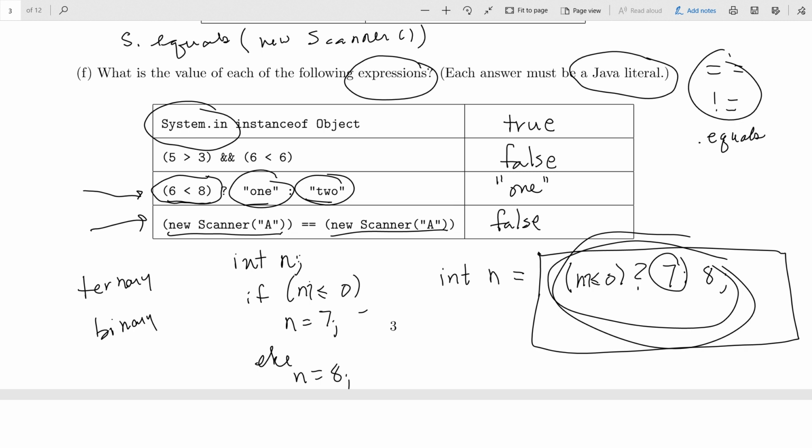The second parameter, the parameter to dot equals, can be any object whatsoever. So you say some object dot equals, and you can pass any other object to the second parameter. So what would be the answer if you compared a string to a scanner using dot equals? False. Unless they're the same type of thing, the answer is going to be false. With contentEquals, the second parameter has to be a string. I think that's the important difference.